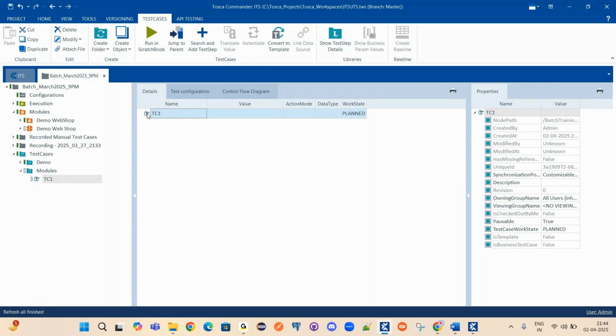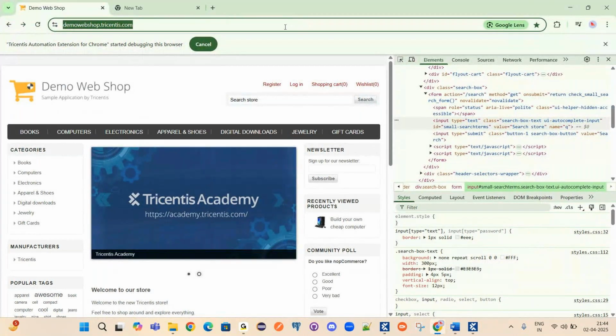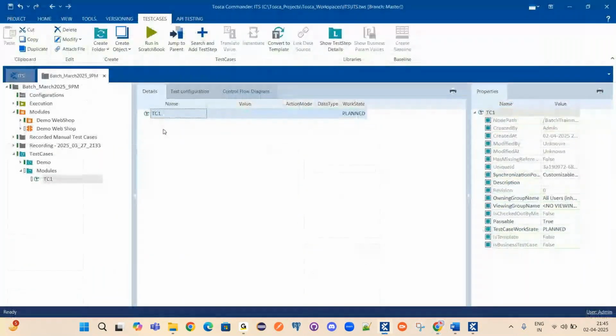So we wanted to open the browser and launch the application under test. Whatever application we want to test, that application we want to launch. To do that from Tosca, we already have the standard modules. Why do we have those standard modules? Because opening a browser and launching an application is common for any of the projects that you would